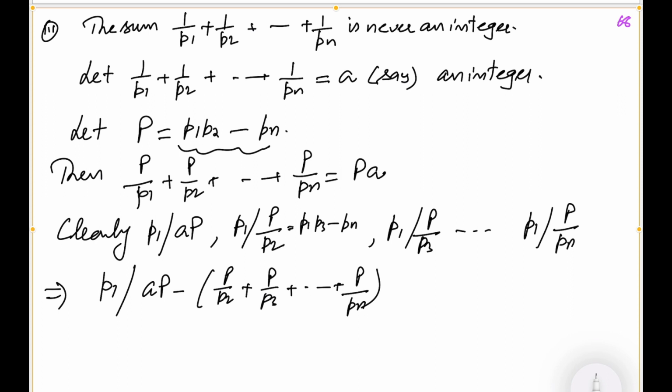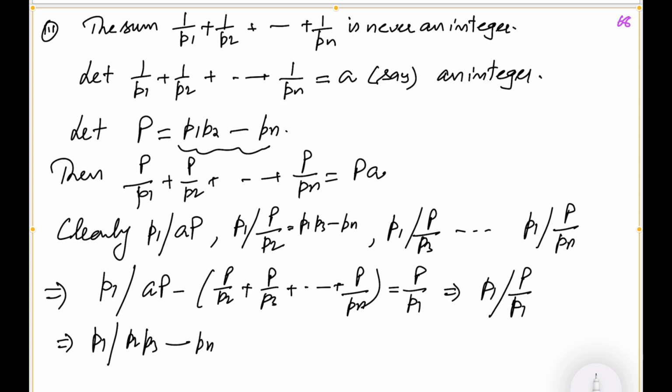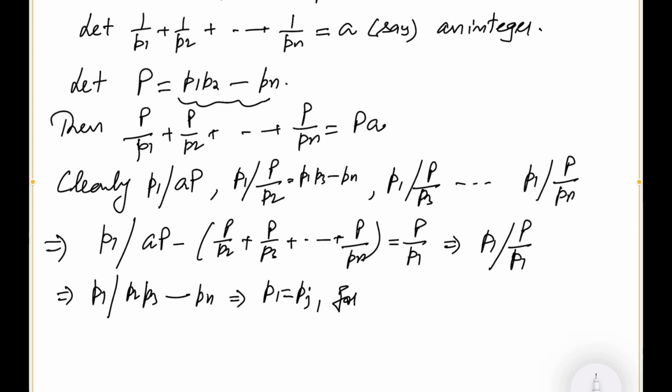And when we subtract this from this, we are left with P by p1, which implies p1 divides P by p1, which means p1 divides p2, p3 up to pn, and which further means that p1 has to be equal to pj for j between 2 and n. But they are distinct primes, so we get a contradiction. Hence